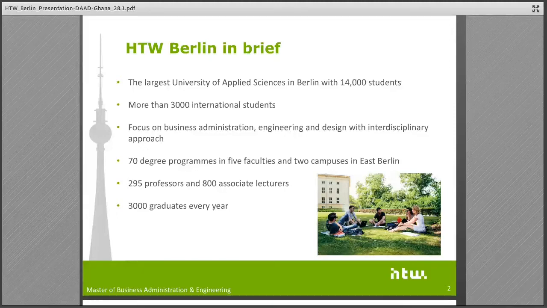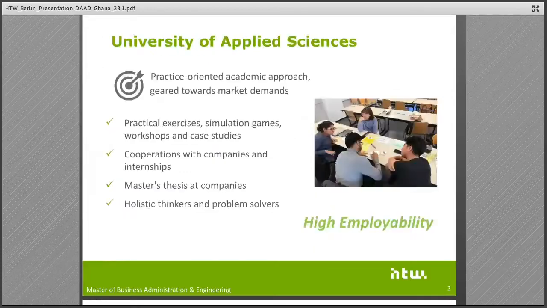We have 70 degree programs in 5 faculties and 2 campuses in East Berlin. At the moment, 295 professors and 800 associate lecturers are working with us, and we have around 3,000 graduates every year. So in short, we can say that the HTW is one of the biggest universities of applied sciences in Germany, and we offer a wide range of degree programs.